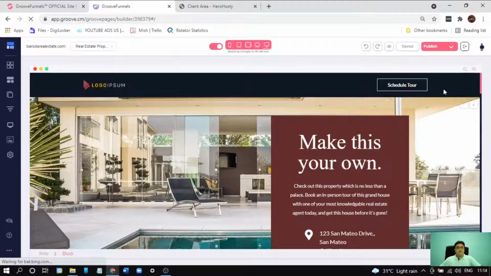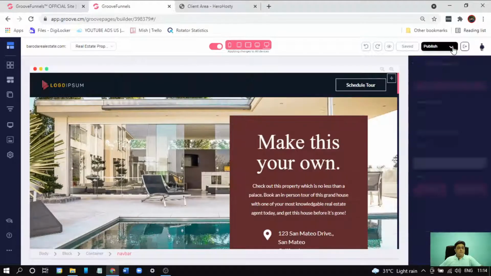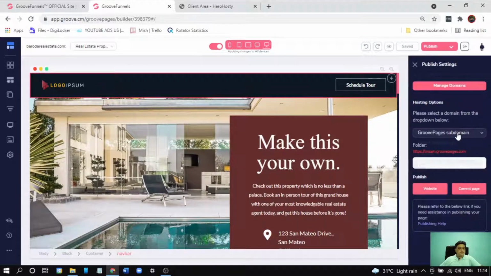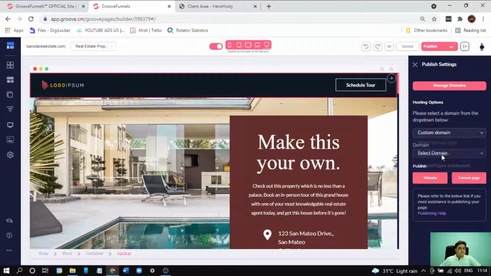It's refreshing. Speed is slow from my end. Let's check. Okay guys, we have integrated our domain inside GroovePages successfully.